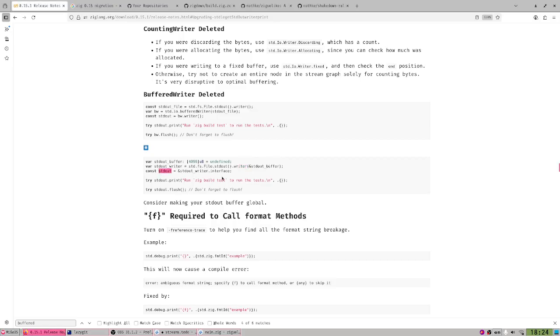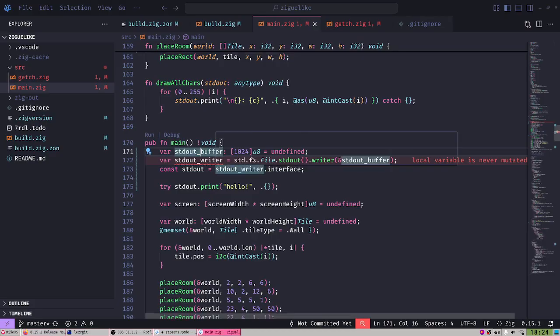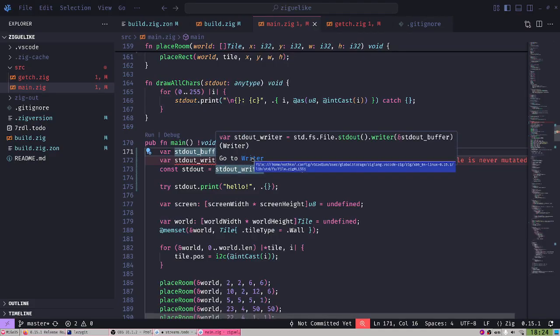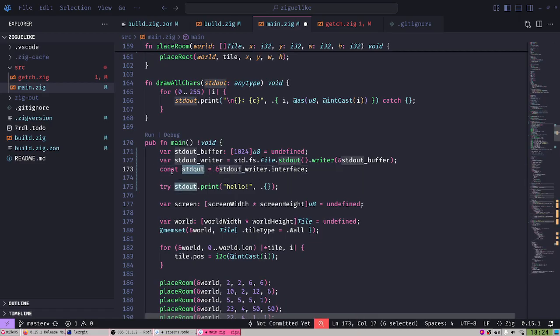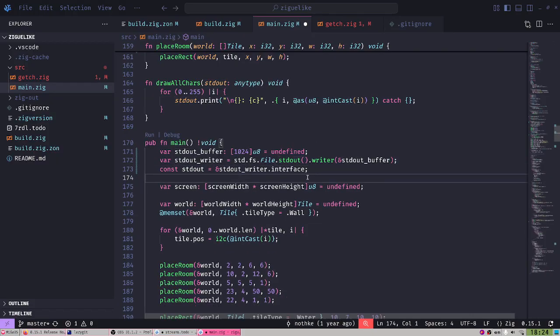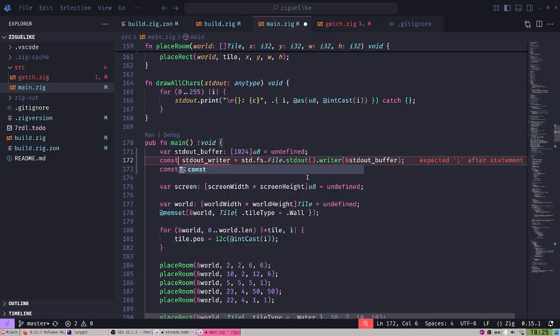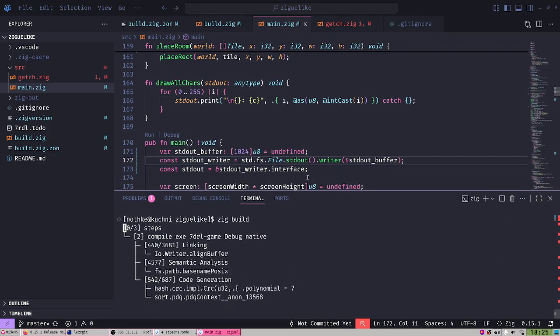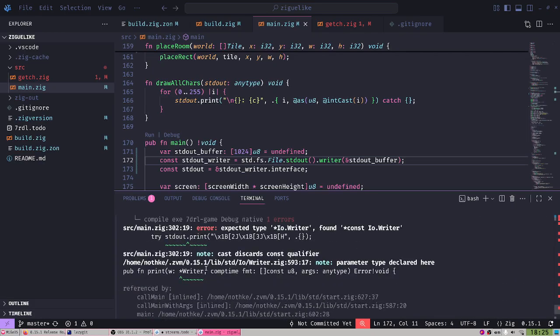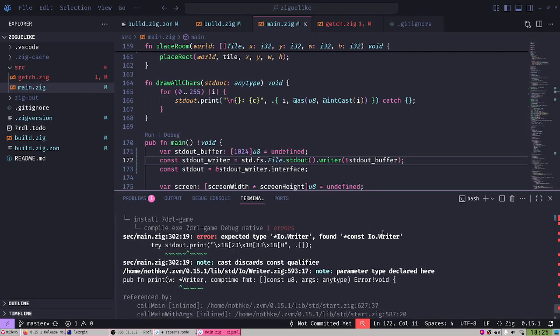Std out should be a pointer to the interface. That's where I'm wrong. Hello, peace giverman. This is where I'm, yeah, of course, because std out can be a const value. It needs to be a pointer to the interface. Okay, well, there it is. I think that fixed all our issues. But what happens if I just actually const the writer? What kind of error is it gonna give me? It says expected type IO writer const IO writer. Okay, there it is.